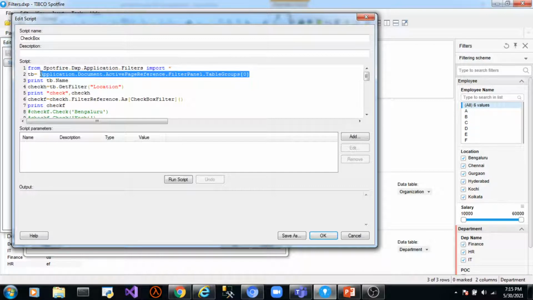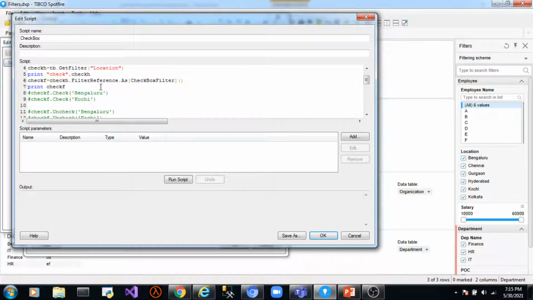Then with that table group we use this method get filter, and we pass the name of the filter which returns a filter handle, and then we use this filter reference property with that filter handle, and then we pass that filter. This returns a filter type value, and then with this filter type value we use this as method to parse a filter into checkbox type filter or any other type filter.